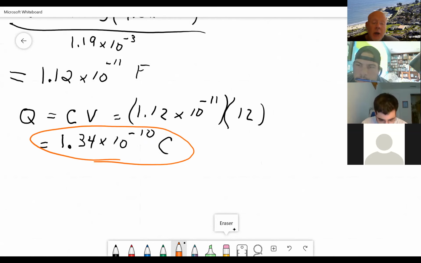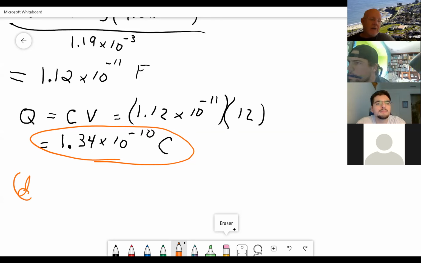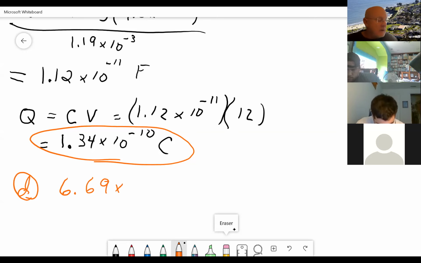All right. Sounds like you got it. I'll go on. Should I check the solutions or did that seem right? I can check them. In fact, maybe D would then be half of that. So if I divide that by 2, that's 6.72 picofarads, 134 times 10 to the minus 11 would be the